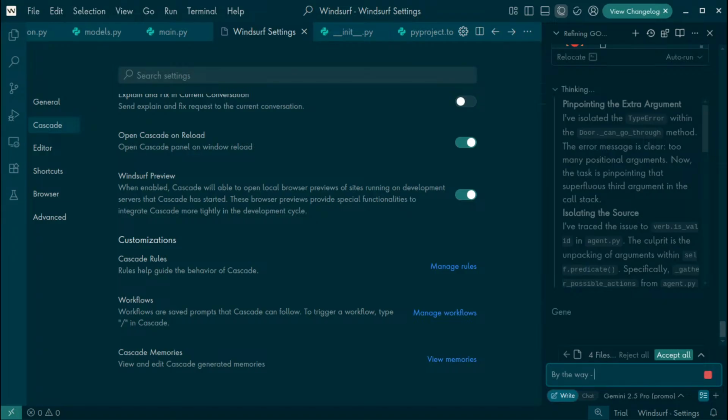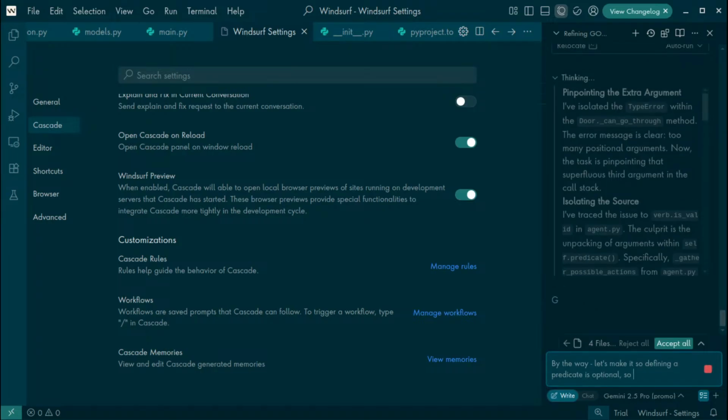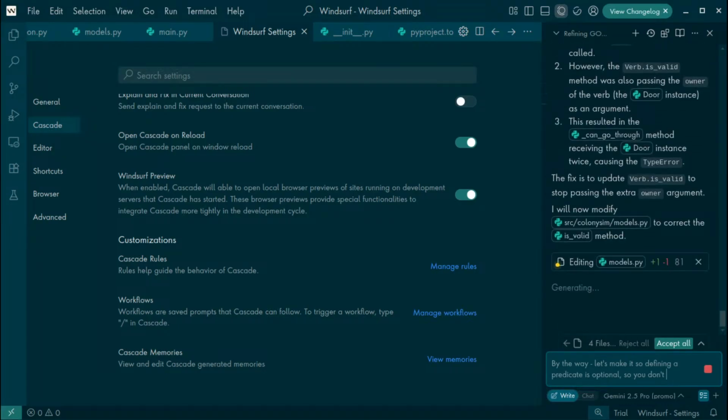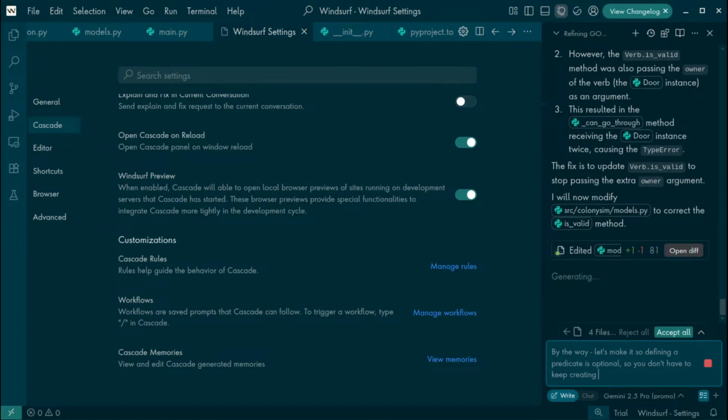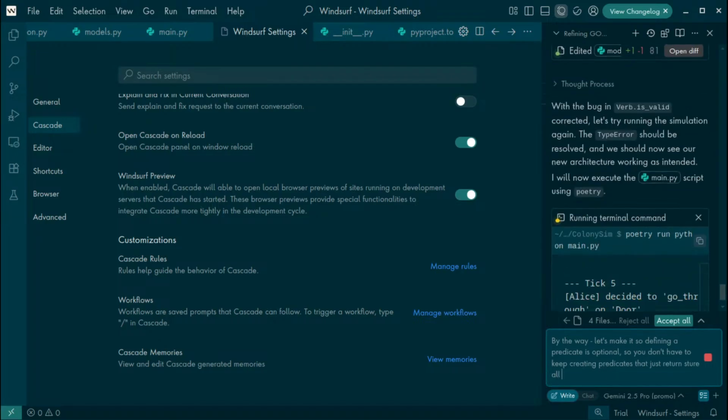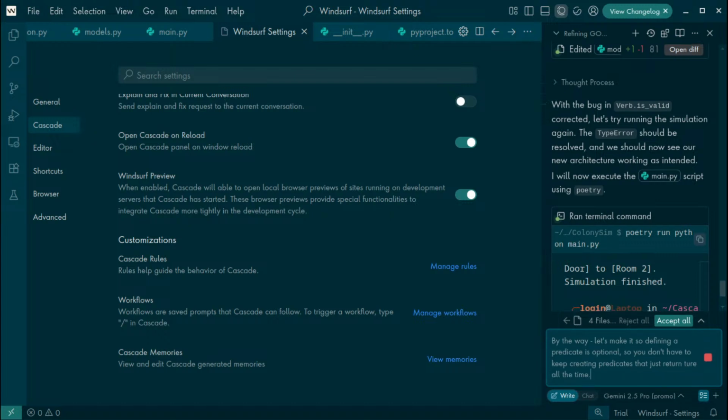By the way, let's make it so defining a predicate is optional, so you don't have to keep creating predicates that just return true all the time.